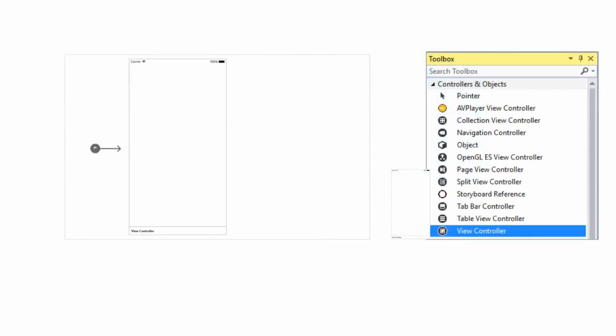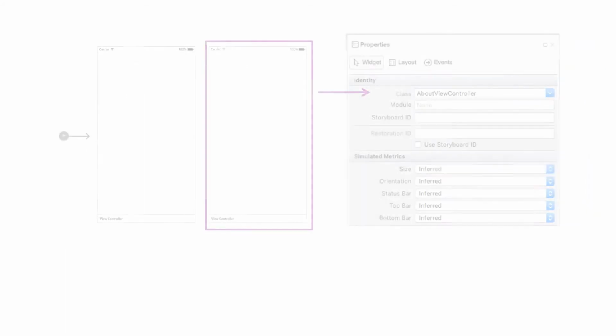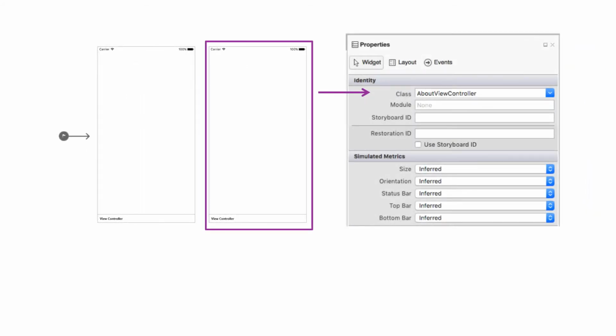Adding a second screen in the designer is trivial. Locate the view controller element in the toolbox and click and drag it to an empty area on the design surface. Remember that earlier we discussed that in order to add behavior, we need to have a backing class. For your view controller, you can either associate it with an existing view controller class, or you can type in a new class name and the designer will add the class for you. Remember that this must be done before you can set names or wire up actions.